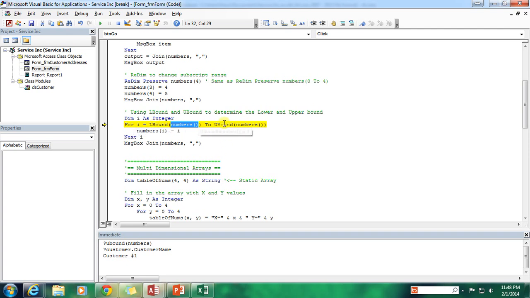If I hover the mouse over the UBound function, we can see that it returns a value of 4, because remember, I ReDimmed it up here with the upper bound of 4. So using the LBound and the UBound functions gives you the upper and lower boundaries of an array, and that can become very, very important when you're trying to loop through the code. And that's what I'm doing right here. I'm saying for I equals the LBound value, which is 0, to whatever the UBound value is, which is 4,